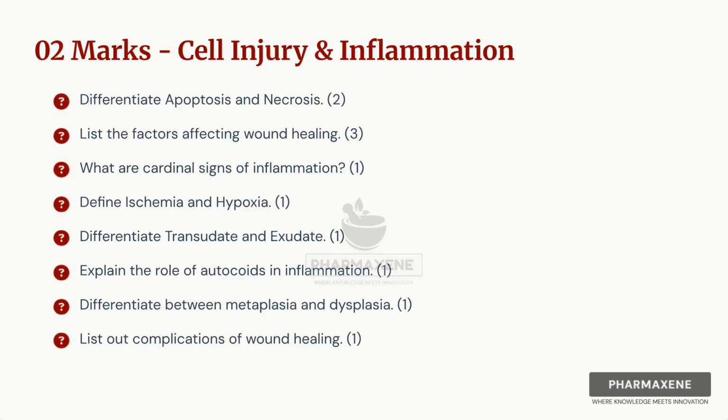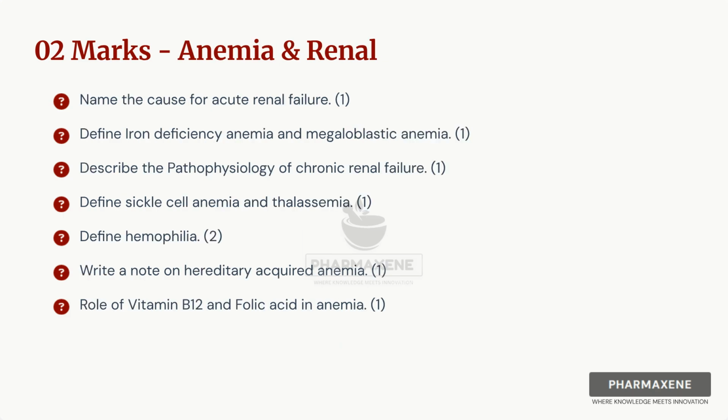For cell injury and inflammation, 2-mark questions include differentiating apoptosis and necrosis, factors affecting wound healing, cardinal signs of inflammation, ischemia and hypoxia, transudate and exudate, autocoids in inflammation, metaplasia and dysplasia, and wound healing complications. In anemia and renal, 2-mark questions cover causes of acute renal failure, definitions of various anemias, chronic renal failure pathophysiology,